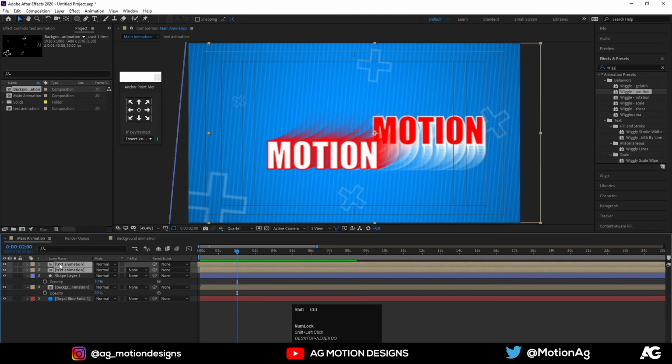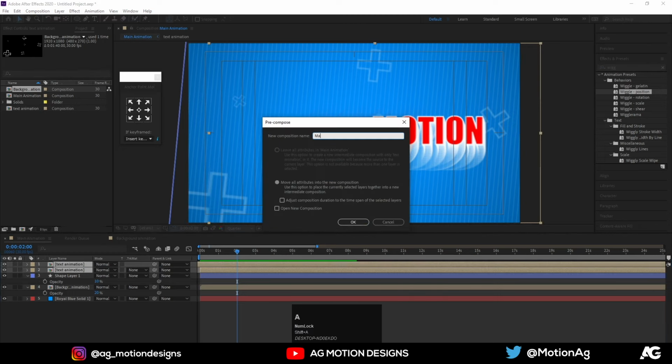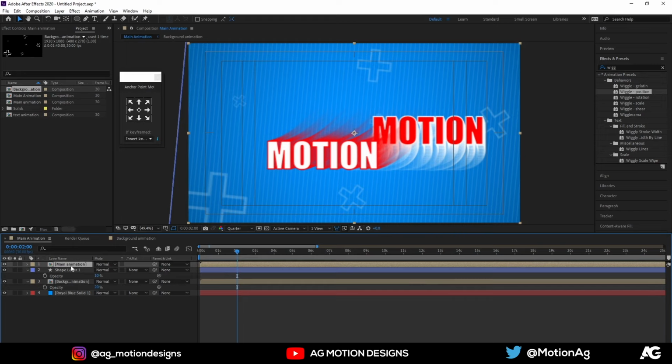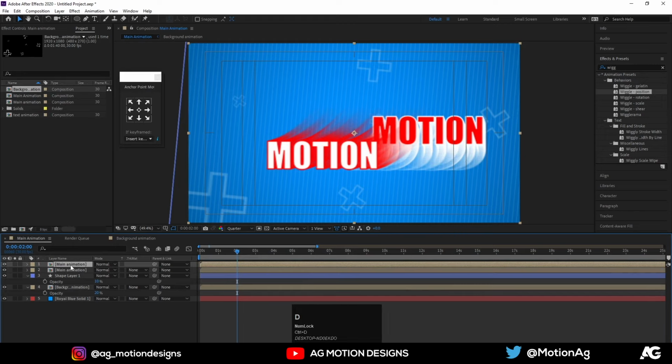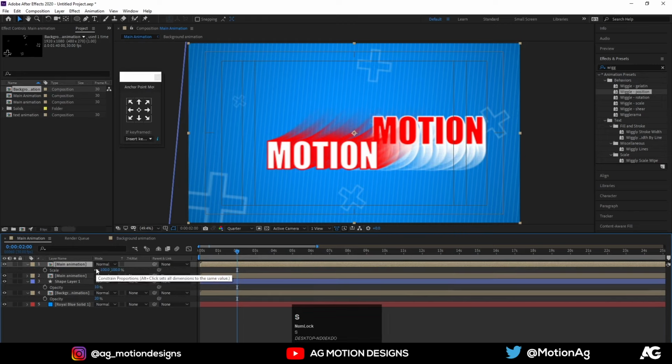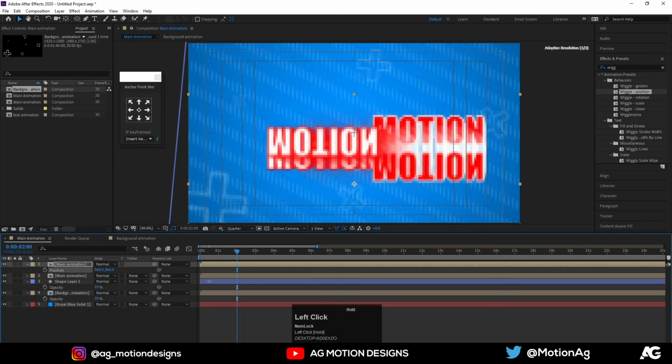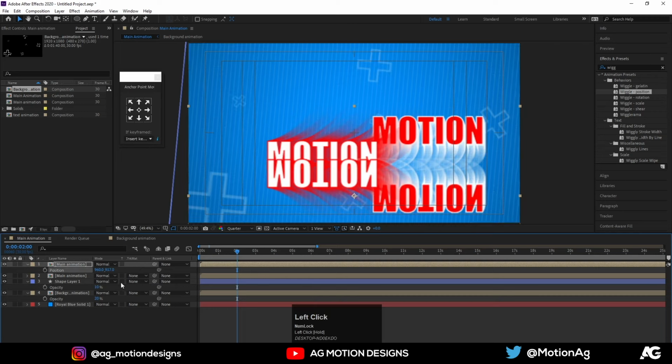Press Ctrl Shift C. We will call it our main animation. Hit Ctrl D. Press S. Unlink this option and let's set it to minus 100. Hit P for position and move it a little bit down.